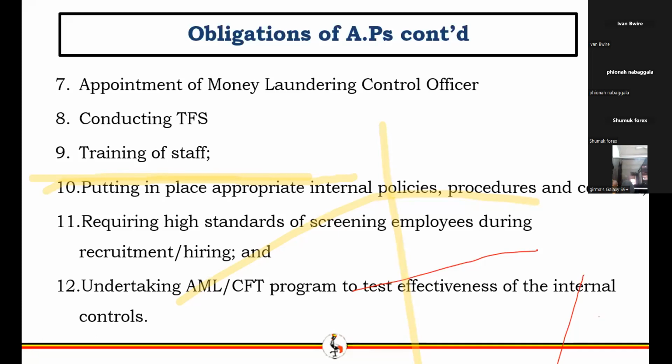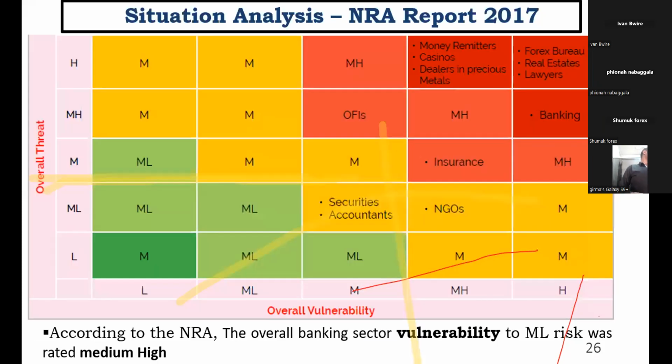All these controls that we have talked about, due diligence, training, dealing with politically exposed persons and high-risk countries. So the audit comes in to assess how well you have satisfied these legal requirements, and they highlight the gaps and make recommendations where you're supposed to improve. So that's what we mean by the AML audit.